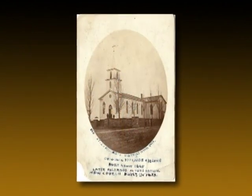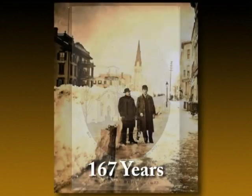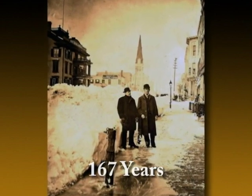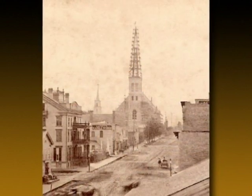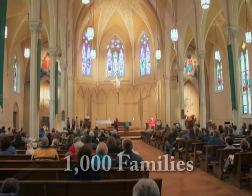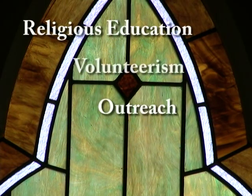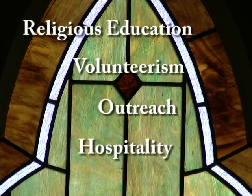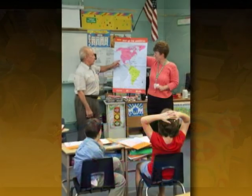The history of St. Bernard's Catholic community dates back to 1843, and for 167 years we have been worshiping God and serving the needs of our parishioners and community. We have grown from a small faith family into one of the most welcoming churches in our community, with more than 1,000 families today. We have built a strong tradition of religious education, outreach, volunteerism, and hospitality that makes St. Bernard's community a vibrant, active, and dynamic place for people of all ages to learn, serve, and share the gospel